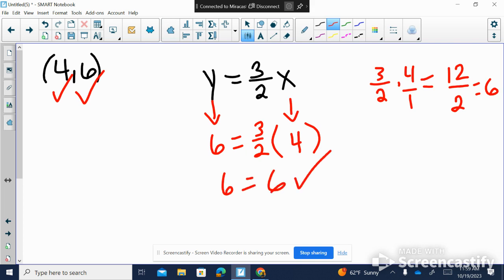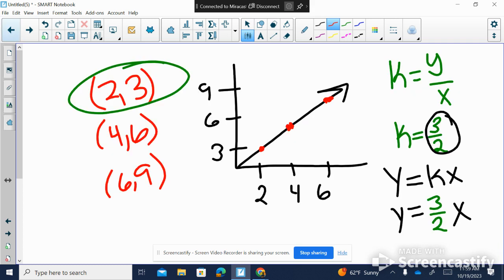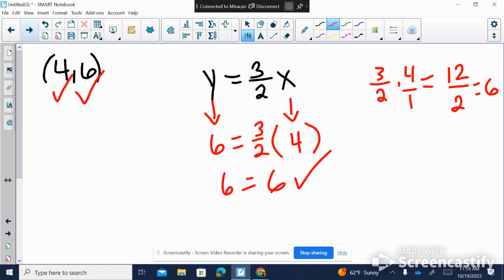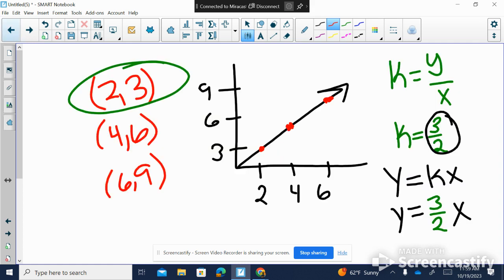Okay, so again, if you do not know your constant of proportionality from looking at the graph, you can use any point to find it. So our constant of proportionality here is 3 over 2, which means that the point 1 comma 3 over 2 is also a point on this graph. So if I was going to go over here to 1